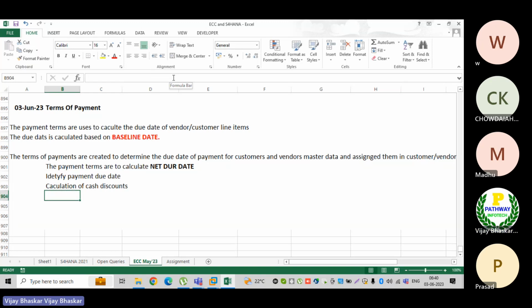Then reminders to customers and vendors on their outstanding line items.